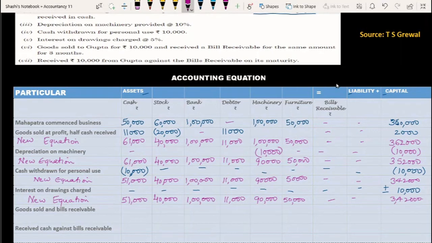Now coming to the next one, what it says, goods sold to Gupta for rupees 10,000. Sale of goods are for 10,000, where the bills receivable. So now he hasn't paid. Gupta hasn't paid the money. So, it's like a bills receivable which is received. So this is also your asset only, because instead of debtor now he is in the list of bills receivable. There is a condition given, like, or it's a kind of a order which is given that he is going to pay money after a stipulated period.